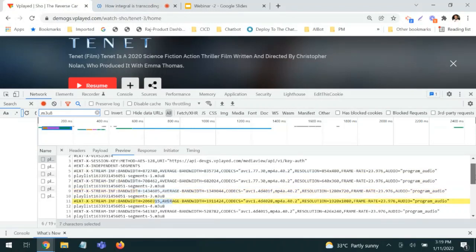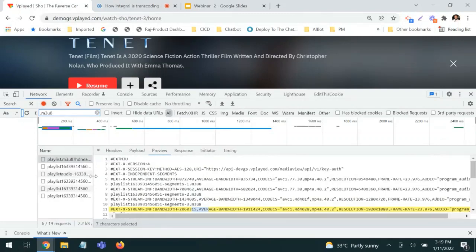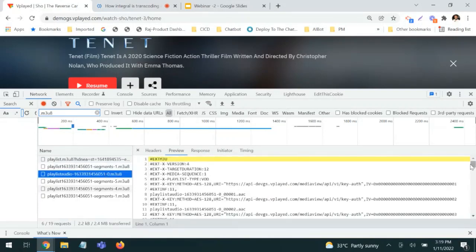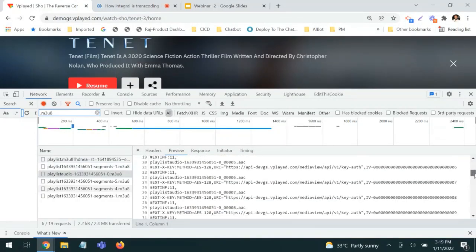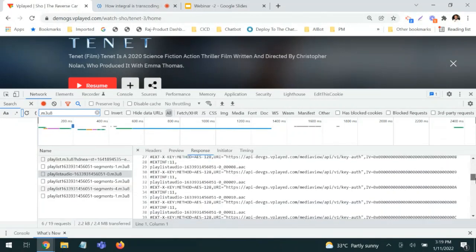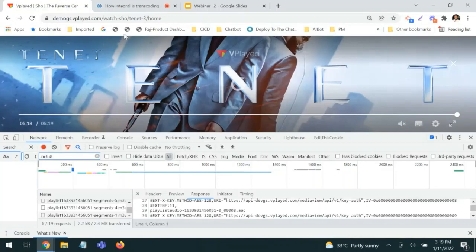So this is the kind of parent file. Once it's been referred, it will go for a specific one in order to download it. In turn, it will have a defined individual index list. Through that index list, you could get the particular file. If you look at the response, this is something that has been masked due to the encoding process. By the way, this is how the player started to play the video over the player, that HLS streaming.